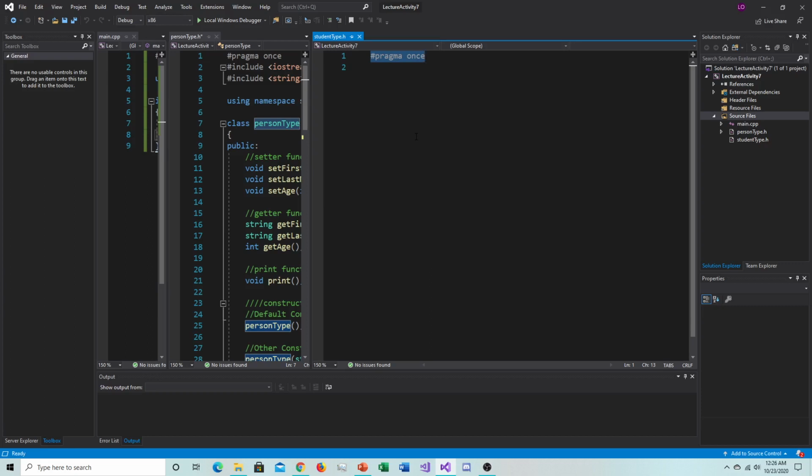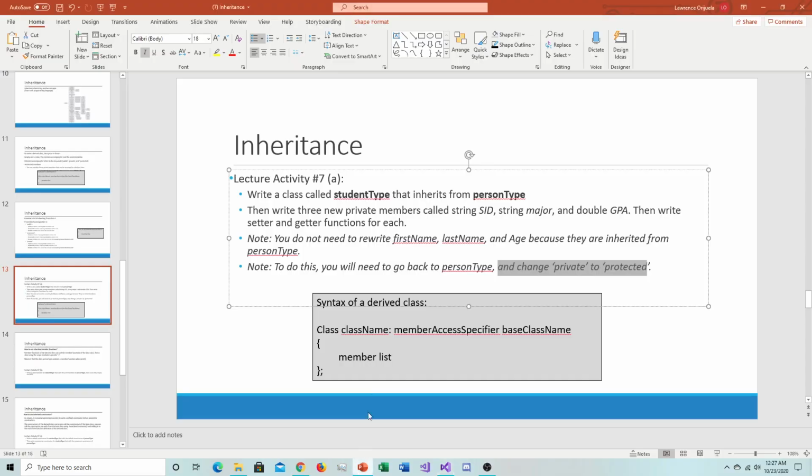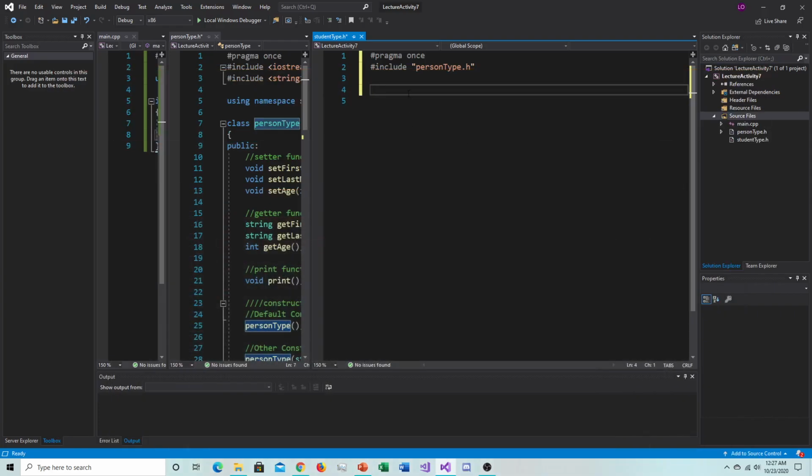And so in order to write a new class called studenttype, we actually need to include the class that we're inheriting from, and that's persontype.h. So I'm going to say include, and in double quotes, I'll say persontype.h. Okay, like that. Awesome. Now I can start writing my studenttype class, and you know the syntax. It's right here. Class name, which is going to be student type. Member access specifier. I'm just going to use public because that's what I always use. And the base class name, which is person type. So class student type